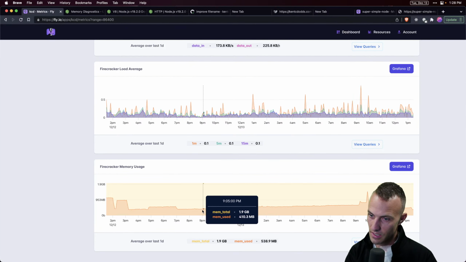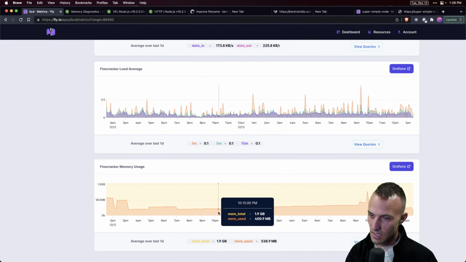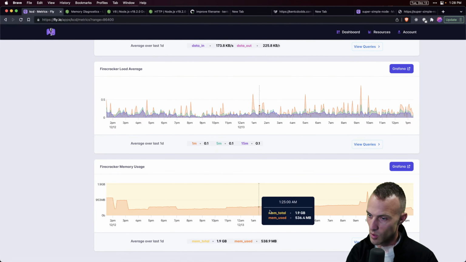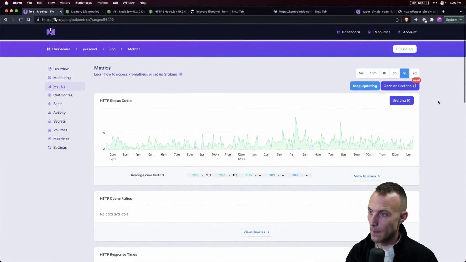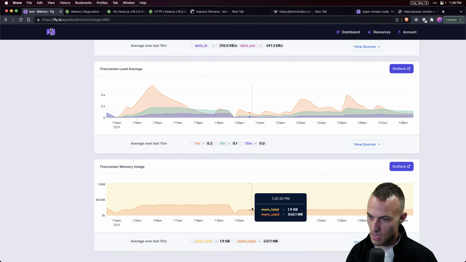So maybe I should try to hit it and say, okay, compile it again, and just see if that increases. It'd be really helpful if I knew what interaction had caused memory bumps like that. But anyway, it did seem to increase over time, and I just wish that I had some idea what is causing that. So, in the last 15 minutes, though, we deployed a couple times, had a few bumps and stuff,